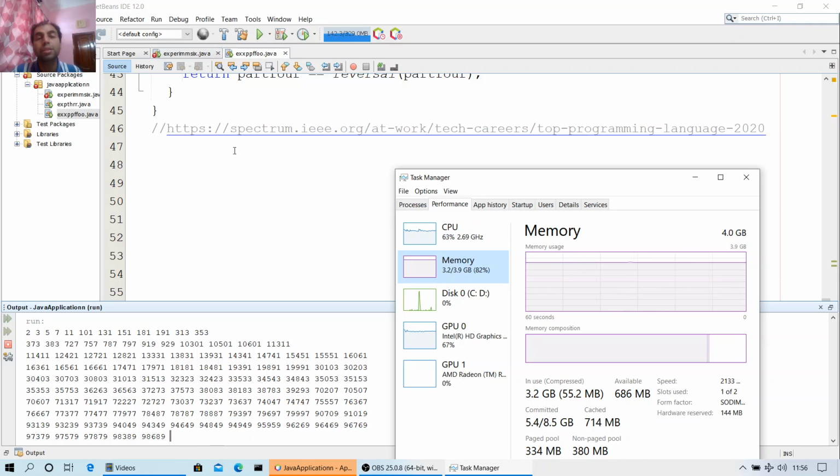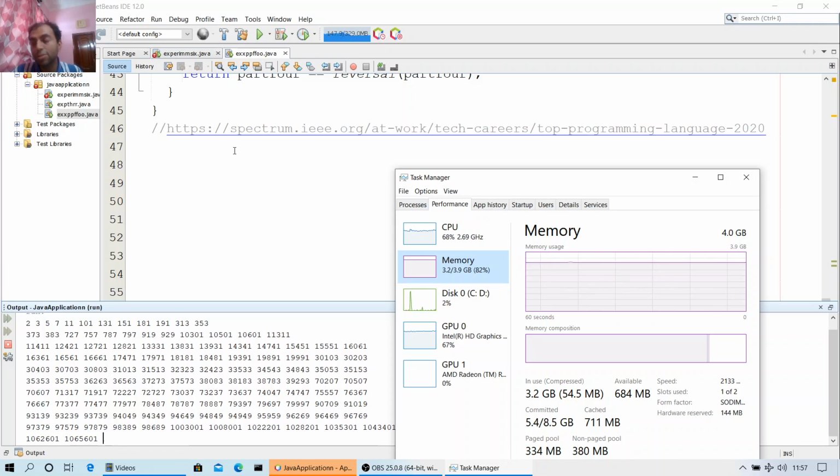C language is at number three because C language can design any sort of operating system in the world. Almost all the operating systems did use C language for its creation, updation, implementation, and execution. C++ was a superset of C language, so it was at number 4. Number 5 is JavaScript. Yeah, it's a good and upcoming language.